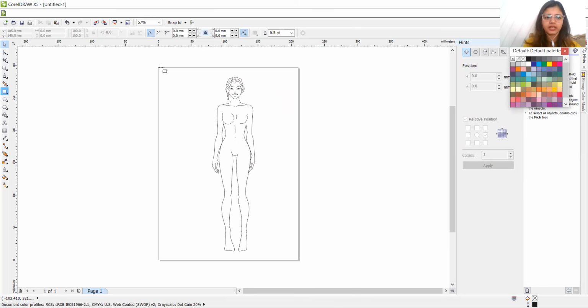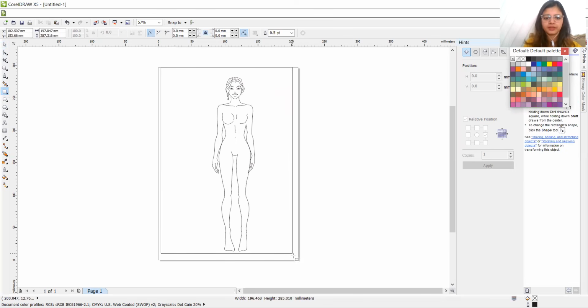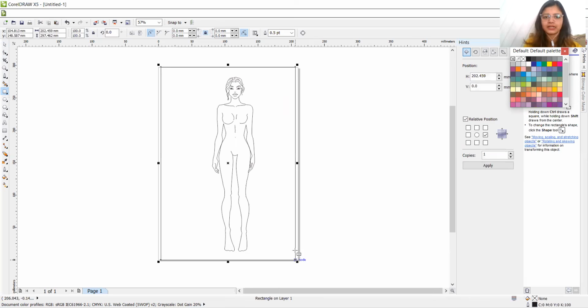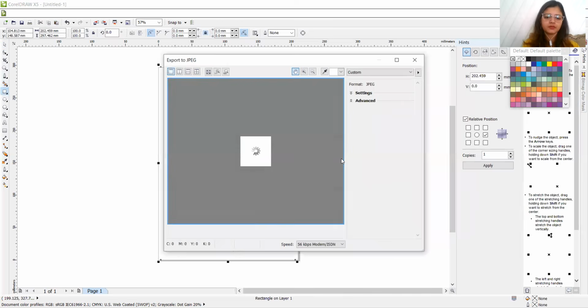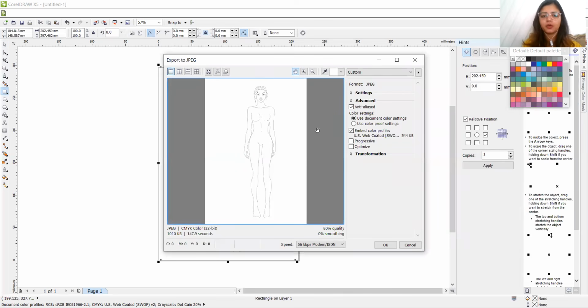So what I am going to do is make a rectangle because I want this much area of my page to appear. Then I'll set it to none. Then I'll press Control E, meaning export, croquis, JPG format, and export. Now you can see the whole page is selected along with the croquis.